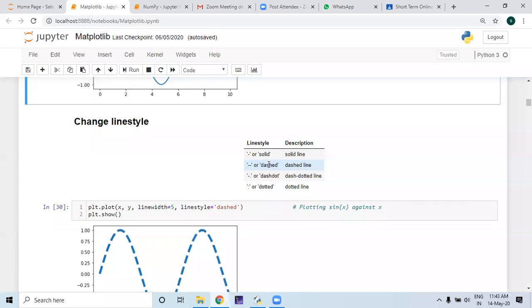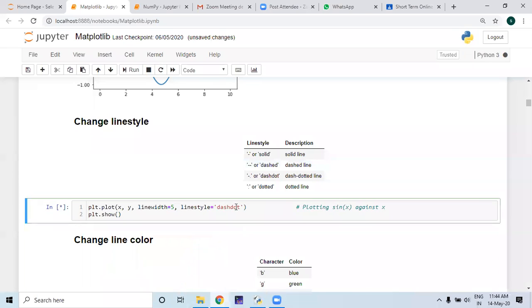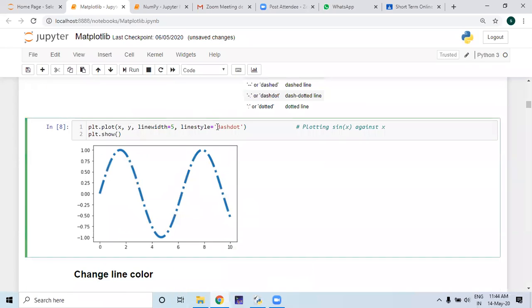Or if you want a dashed line, you can put dashed, or dash-dot, simply like this. These are some of the features you can put. Here I have shown dashed. If you want dash-dot, just change it to dash-dot. It will look like this. Or if you want simply dot,